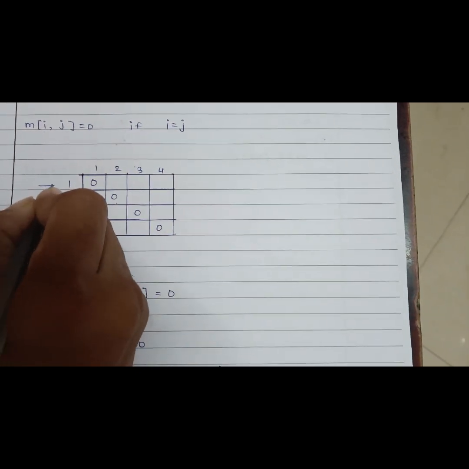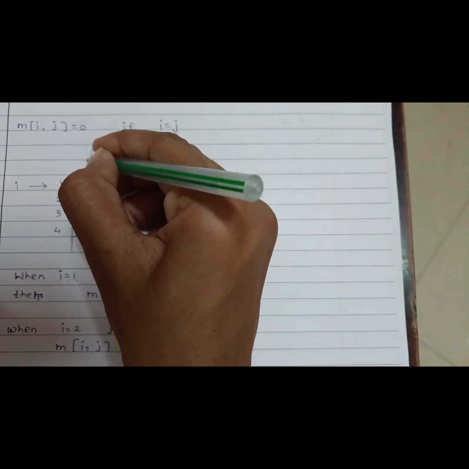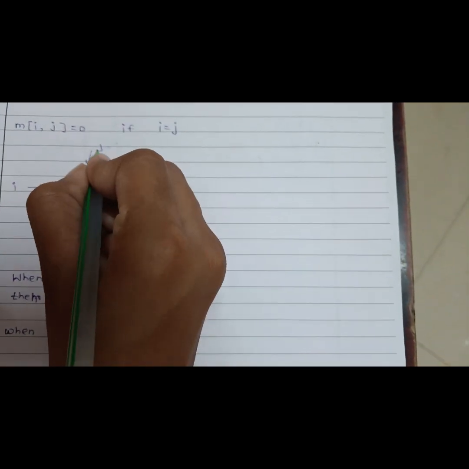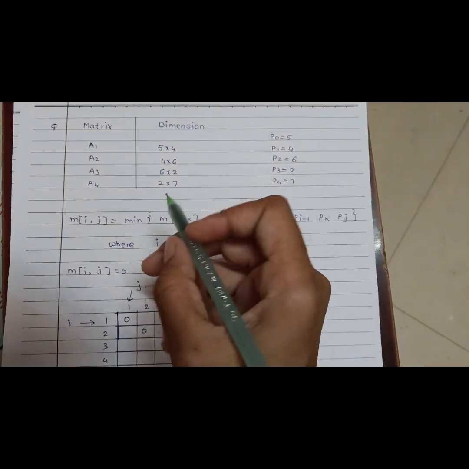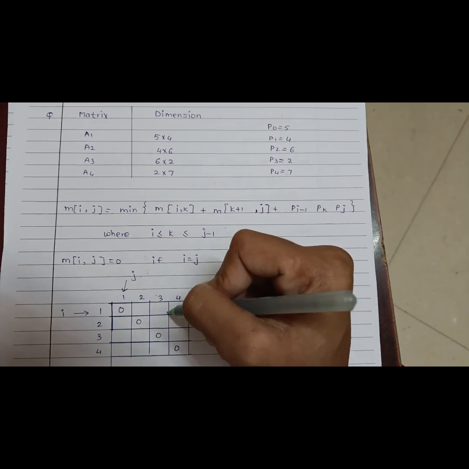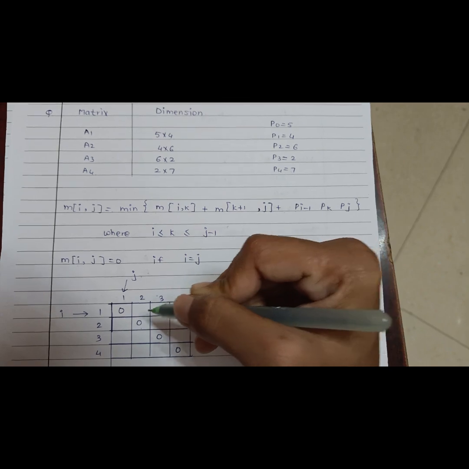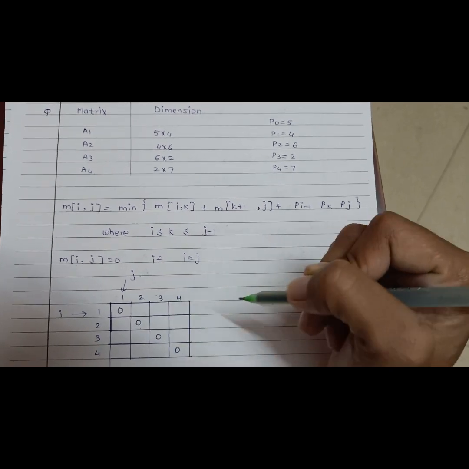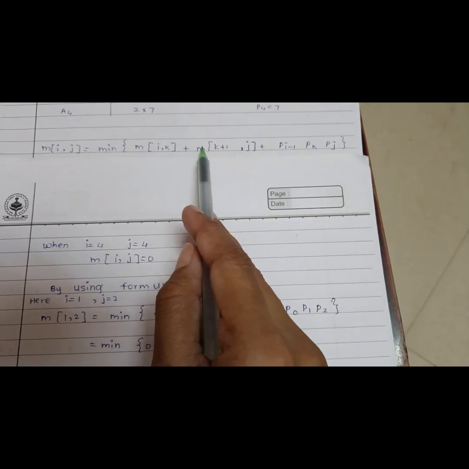Here this matrix is i, this is j. For finding the values of 1 comma 2, 1 comma 3, 1 comma 4 and 2 comma 3, 2 comma 4, 3 comma 4, by using this formula